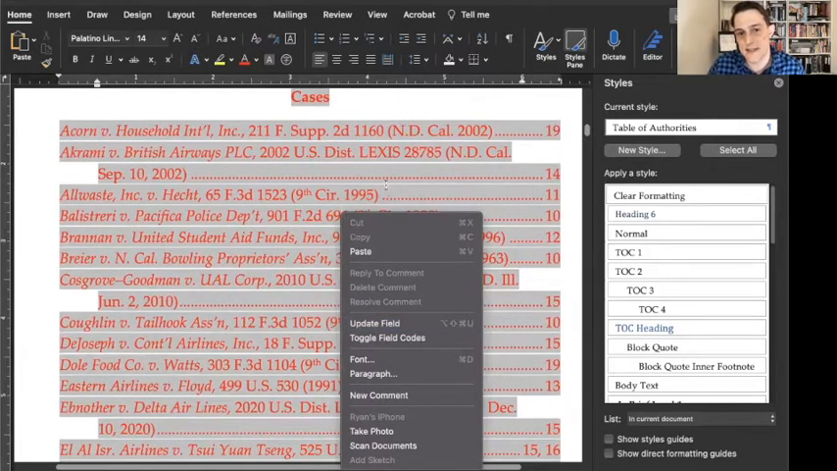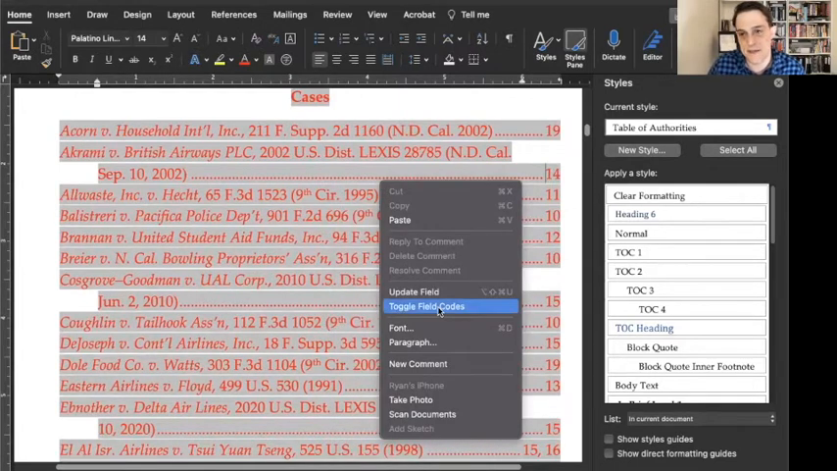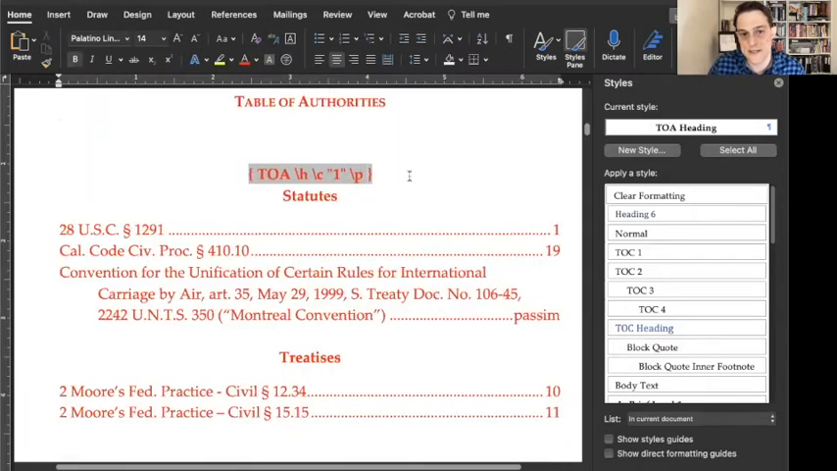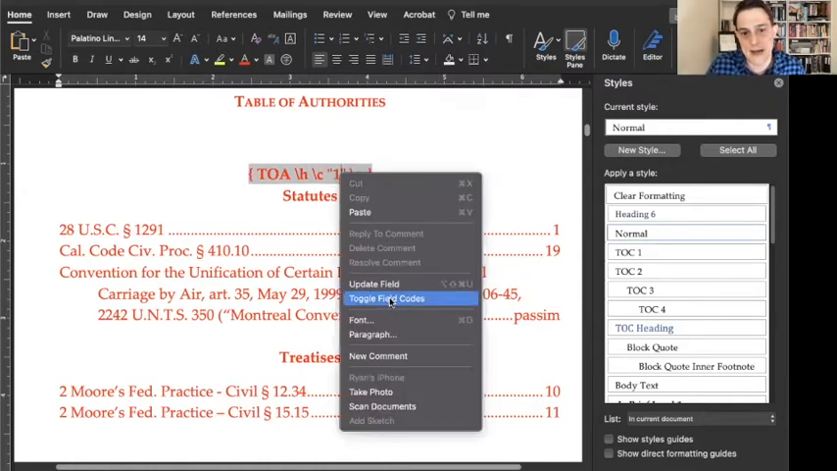And you can see that if I right click this section and click toggle field codes, you can see that what is actually here is what's called a template in programming. It says table of authorities. I don't remember what H means. I don't remember what these codes mean right there, but I do know that C1 means that it's cases as opposed to statutes or treatises. So the other ones will dawn on me too, I think, in time. But anyway, if I toggle that field code back,